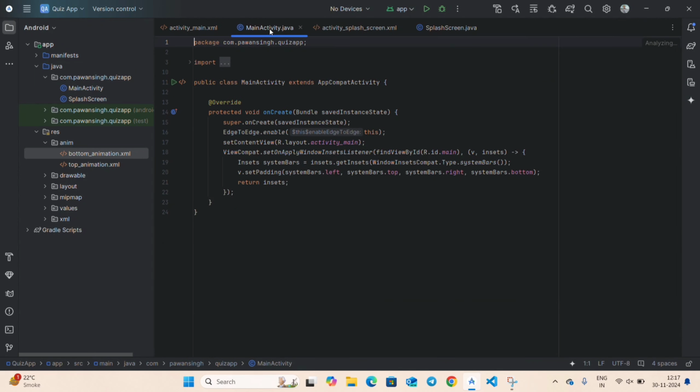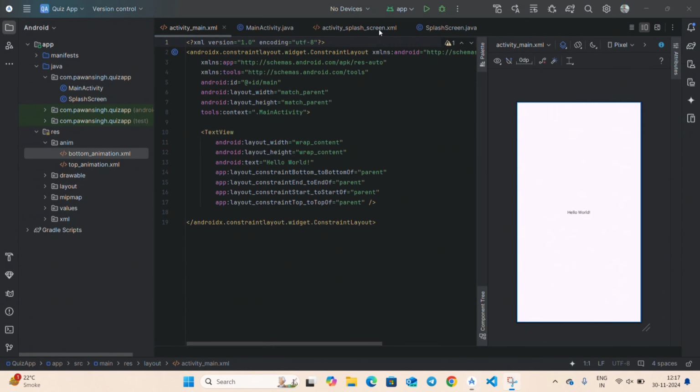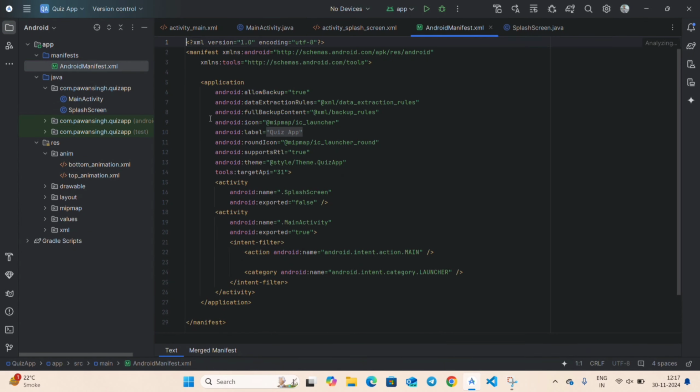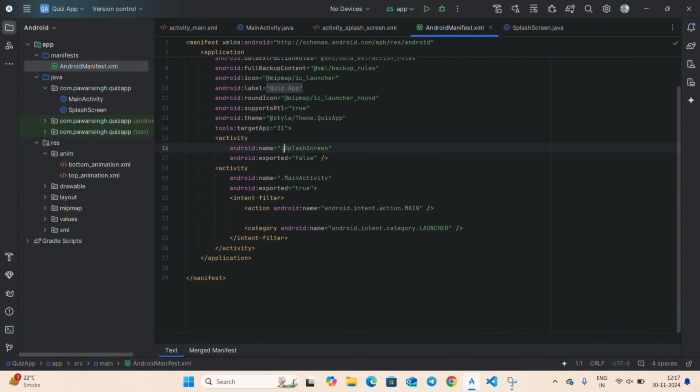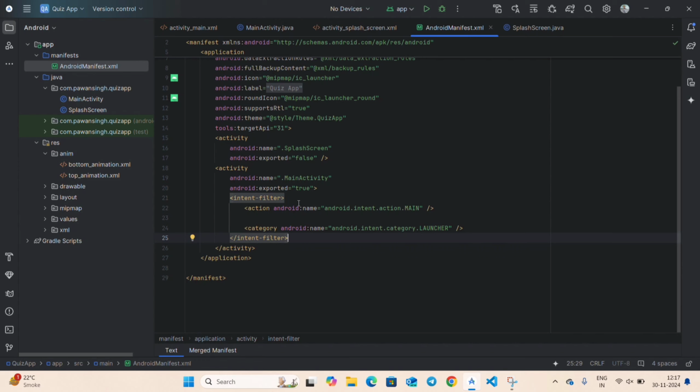And now go to splash screen. This is splash screen by name only. By default, our main screen will be opened with this hello world text. So to make this as our splash screen, go to manifest in manifest XML. So you can see this is our splash screen activity, and below this here it is main activity. So to make our splash screen as the by default screen, that is opening screen, so copy this or cut this intent filter,